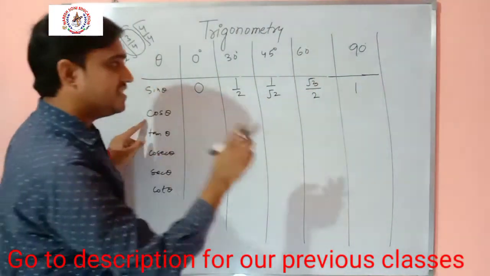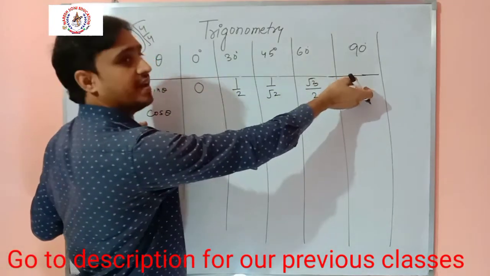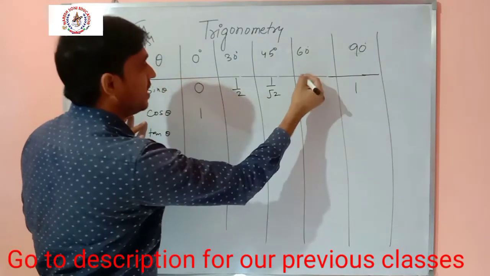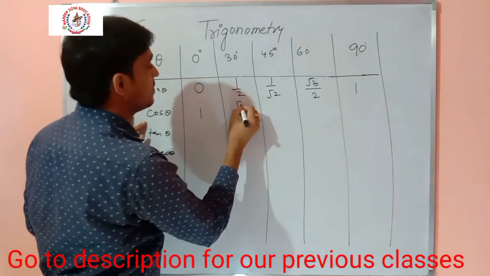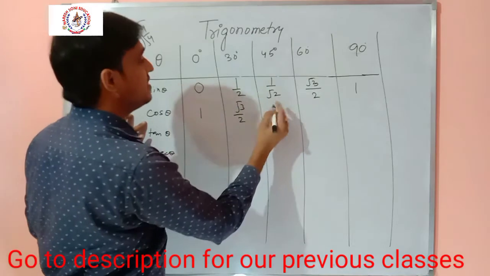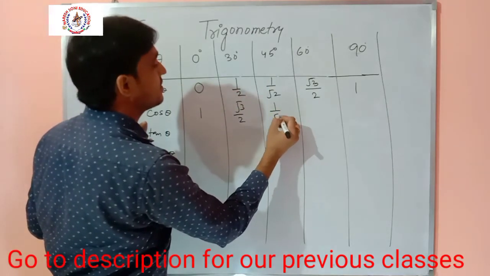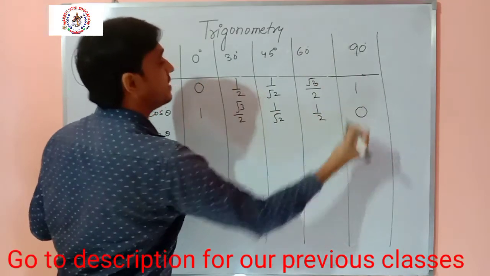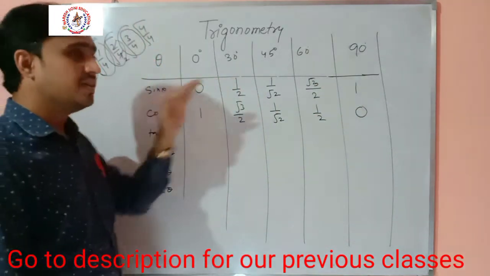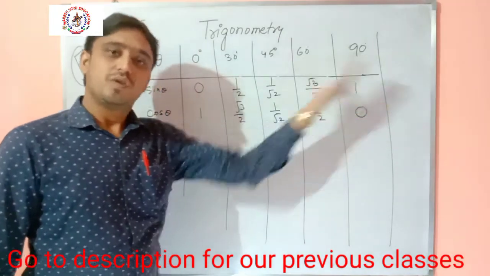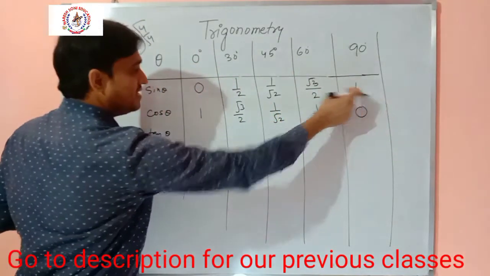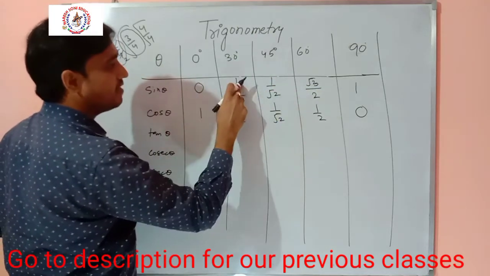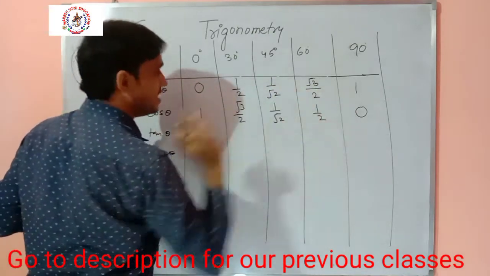cos theta. You can just write cos theta from this side. This one is here. Under root 3 by 2 is here. And this one is at the same place. And 1 by 2 here. And 0 is here. For cos theta, just write it from the back side. This one is here. Root 3 by 2 here. This one will be in the same place. 1 by 2 here. And 0 is here.